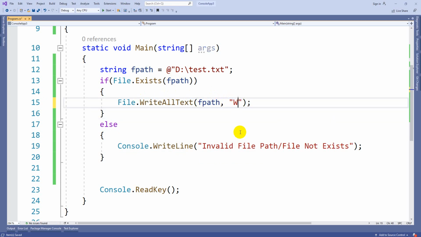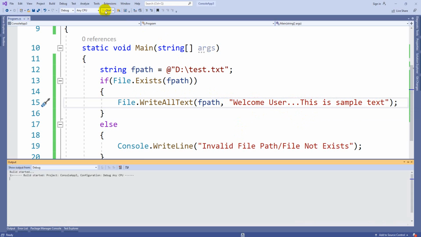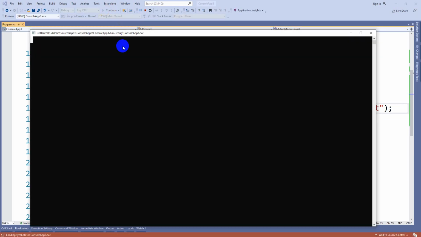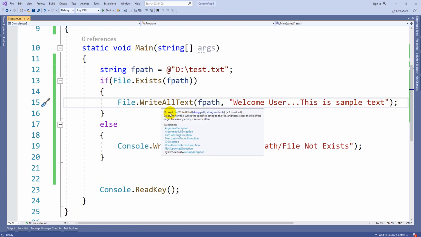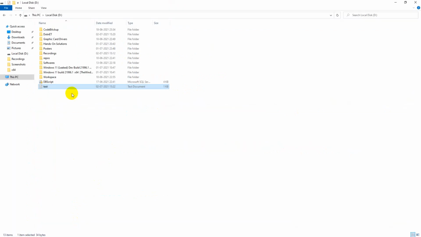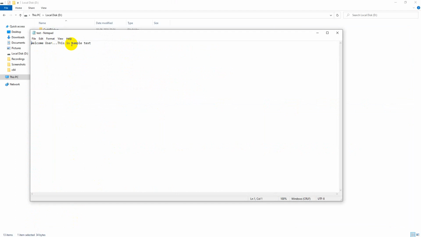Here I am going to pass "welcome user, this is sample text". I just want to write this particular text inside the file. Now whenever I execute, nothing will be shown, because WriteAllText returns void. Now if I open my text file, you can see the same text we passed from there: welcome user, this is sample text.